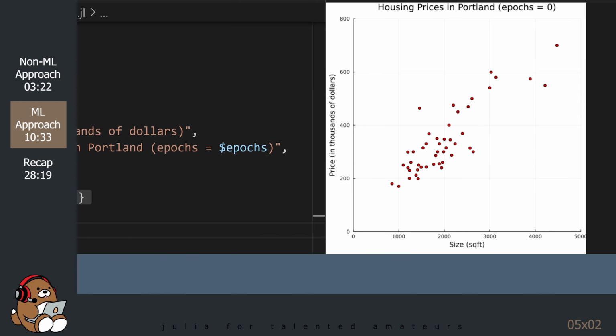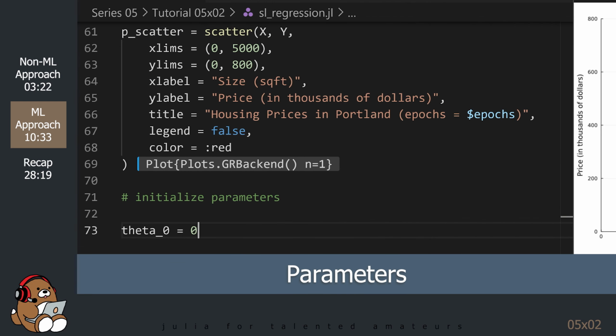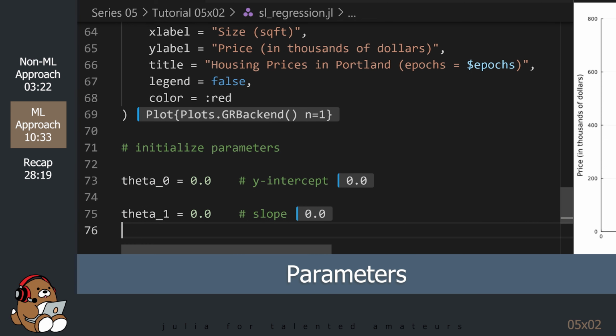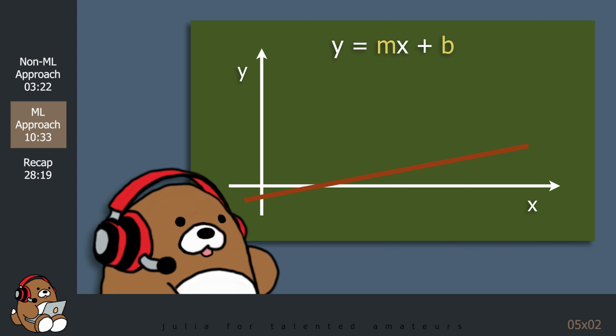Next, we need to initialize the parameters. So recall from math class that the formula for any line is y equals mx plus b, where m is the rise over run slope of the line, and b is the y-intercept of the line. In machine learning, both m and b are sometimes called parameters.